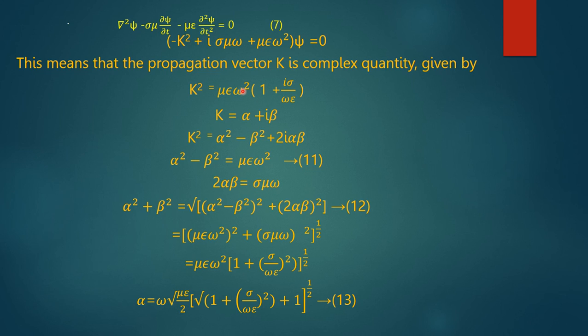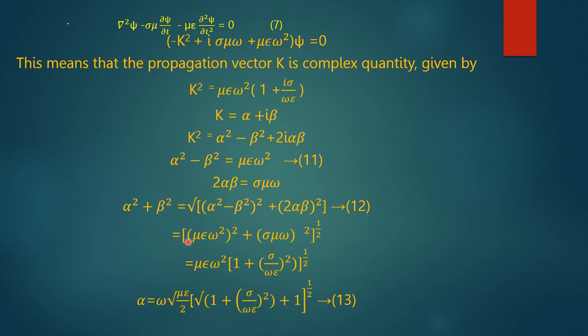That is, this and this multiplied, here 2 alpha beta is equal to sigma mu omega, and from these two values we may find alpha square plus beta square, which may be written, from the standard formula, as the square root of alpha square minus beta square the whole square plus 2 alpha beta square